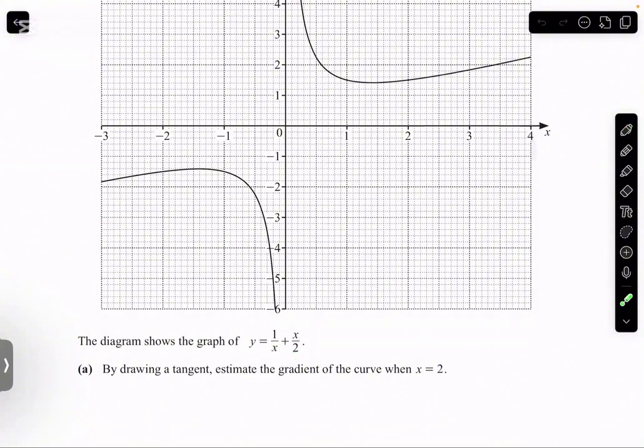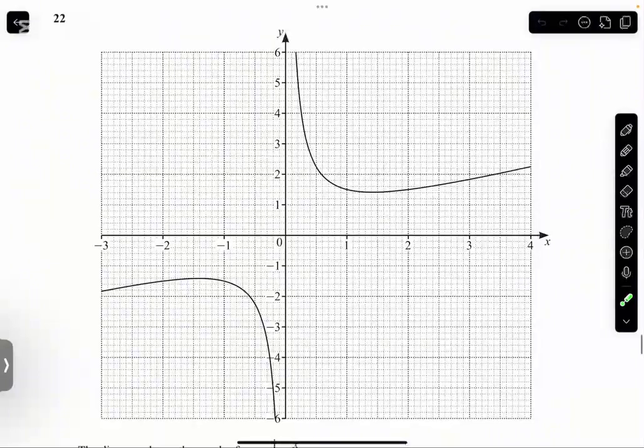So I can see the reciprocal function here, 1 by x. Now we should know that this graph will never touch the axes. In fact, it will be asymptotic towards the x and the y axes. So I can see that the graph is not at all touching the two axes here.